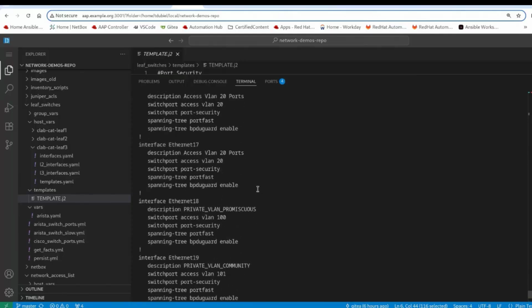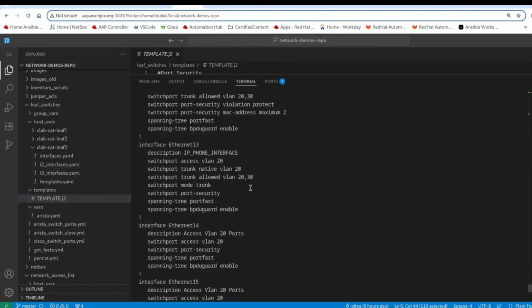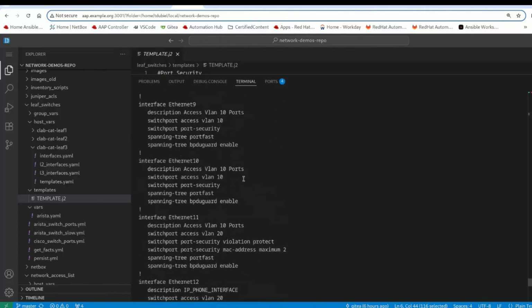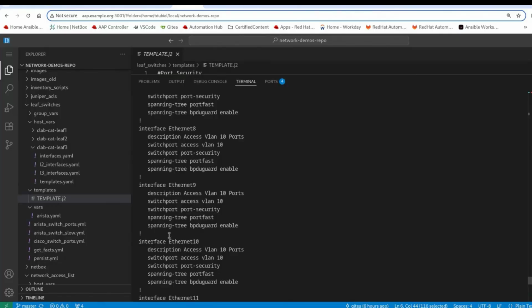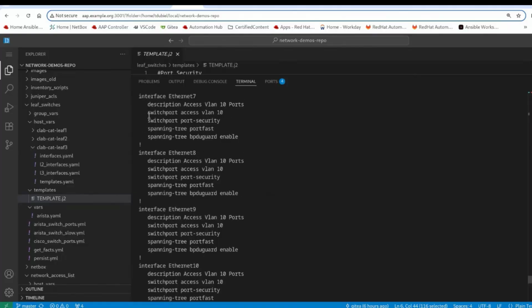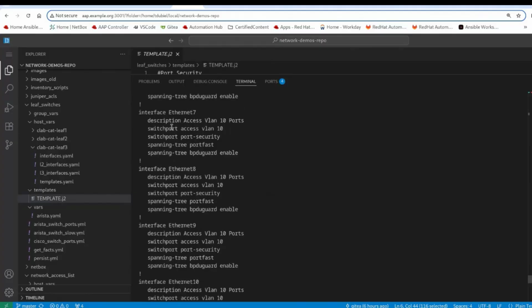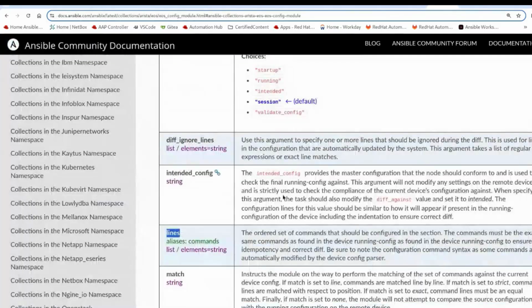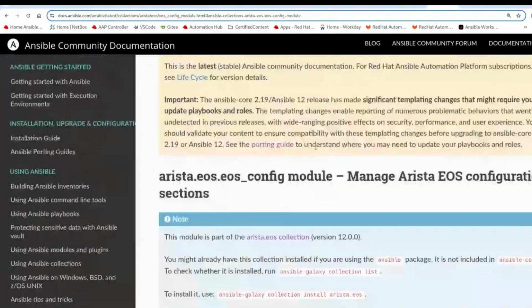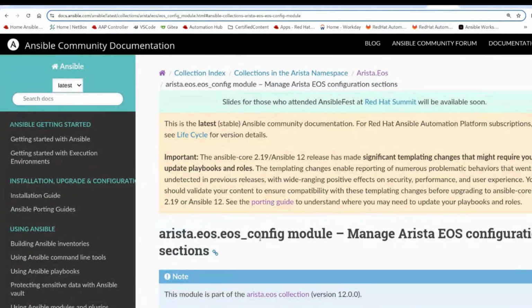And so here's the new configuration. But anything where you see port security and some of these other configs that are not covered in the resource module, we did that through the templates. But the access and trunk configs and things like that, they were actually from the module. So again, if we look at the module, which module is this? This is the